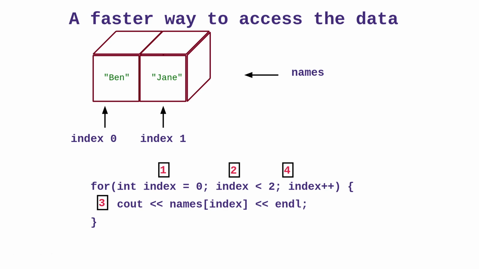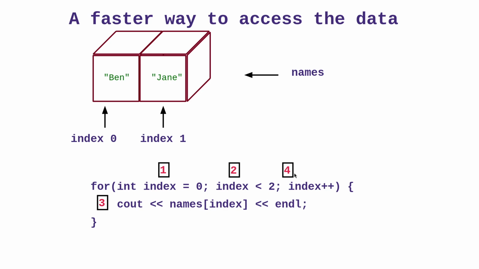All right, so let me quickly recap. Step 1, create an empty box, initialize it to 0. Step 2, test to see that it's less than some value that we have specified. In this case 2, the length of the array. Step 3, if this test turns out to be true, we execute step 3, and then we immediately go to